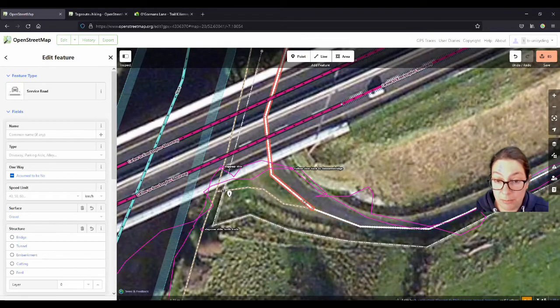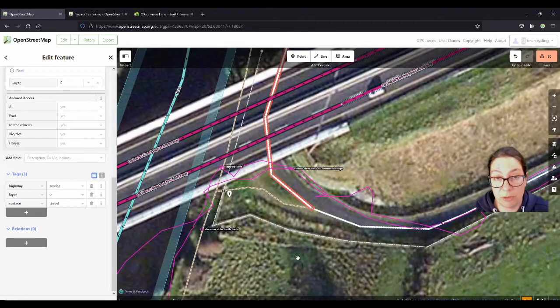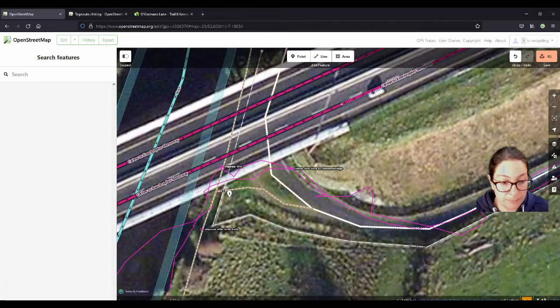Highlight this bit that isn't part of the relation and scroll down to the relations and just hit the little bin here. And that'll delete it off the relation. It won't delete the whole relation, it will just take this out of the picture, basically. That's just something I came across and I'll soldier on.